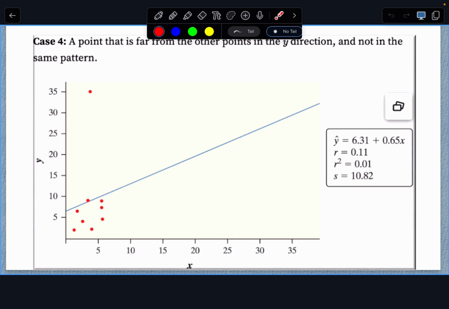Now when we throw a value like this in, we look at our regression analysis and we look at how it changes. So as we're looking at our regression line, did it affect it? The y-intercept. Yeah, it affected the y-intercept. Did it really affect the slope at all? No. And so one of the things, as we're thinking about how these points are going to affect what we're looking at,